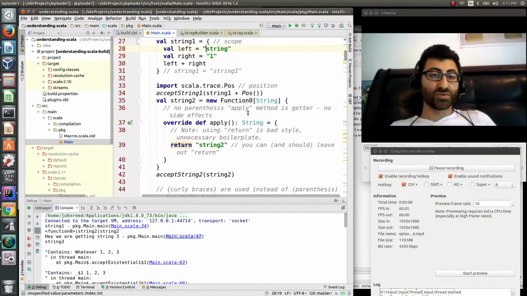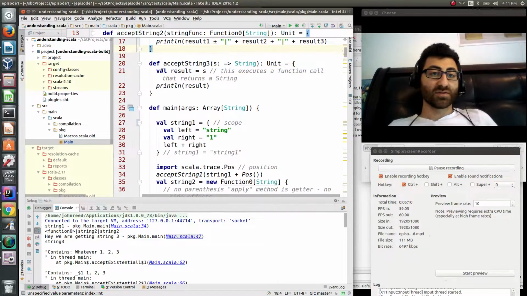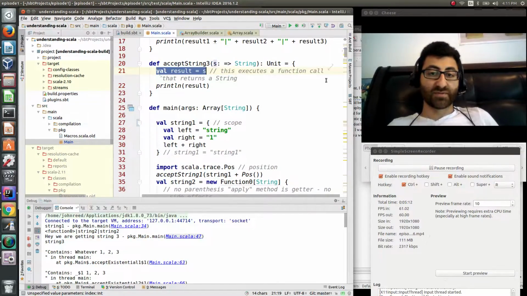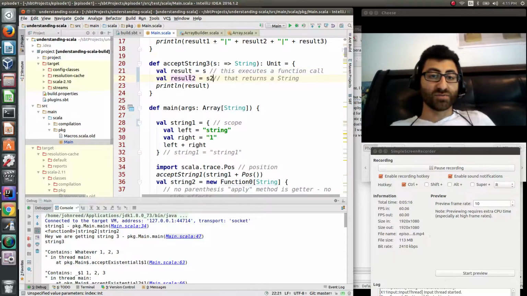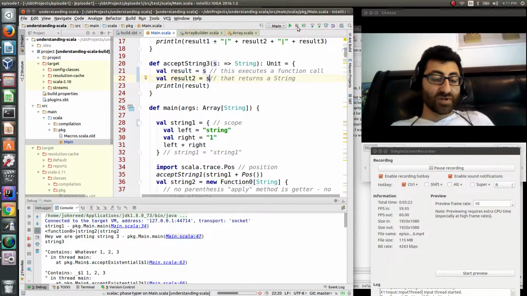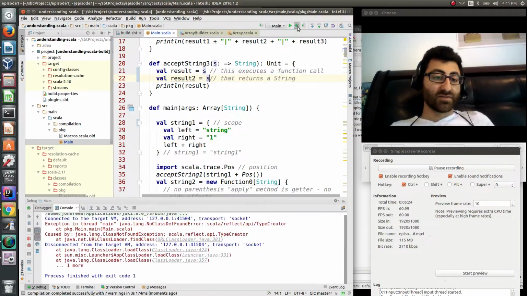If we were to do this twice, so val result equals s, and then val result 2 equals s again, and we were to execute this, what would end up happening is that